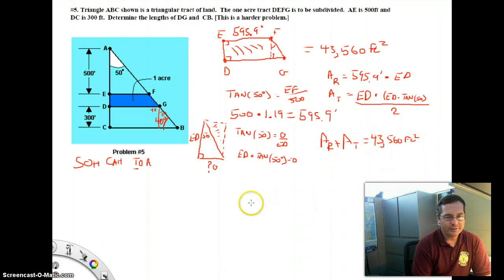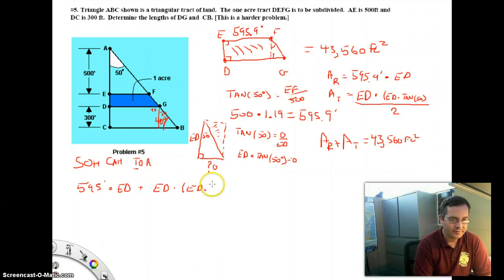So let's get them all in an equation and see if we can push this thing around a little bit. I'll come over here where we got some more space to work. 595 feet times ED plus ED times ED times tangent 50. And this whole thing is over 2 equals